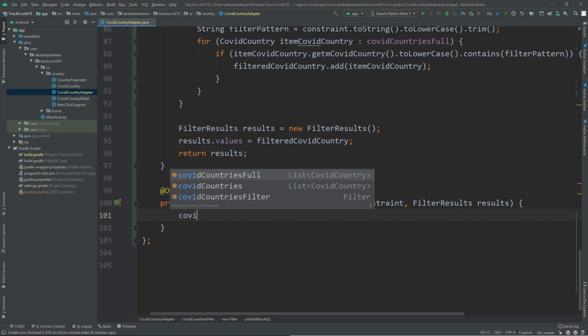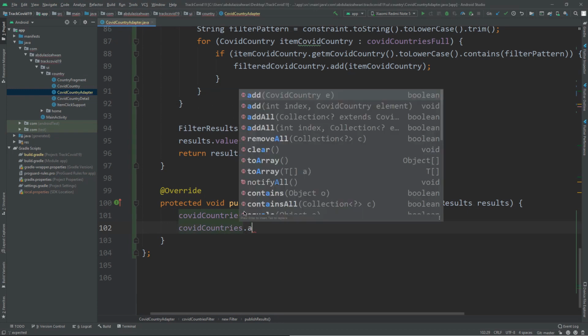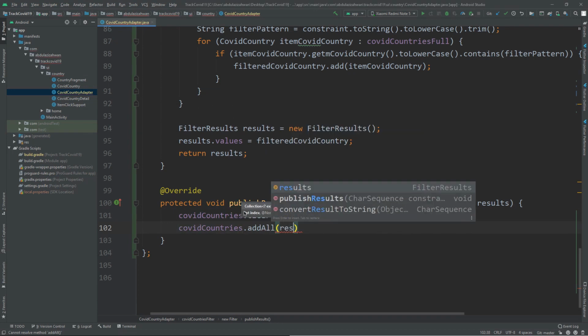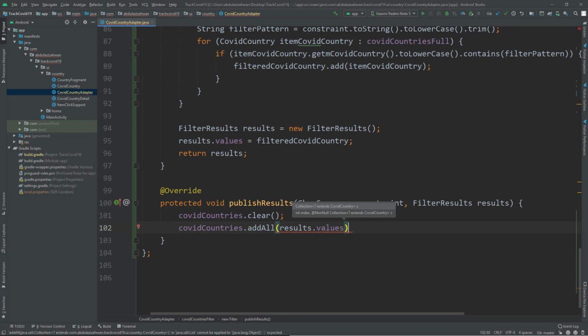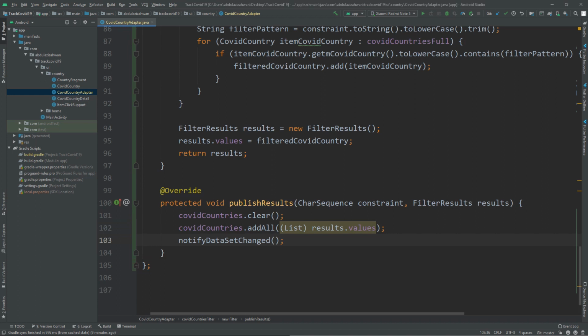and we say COVID countries, and we need to clear all our COVID countries, and we say again COVID countries add all, and we want to add our result.values, and we need to cache the list right here. So firstly we need to clear all our lists, and then we need to add all results to show in our RecyclerView, and we need to call notify dataset change. Alright, that's